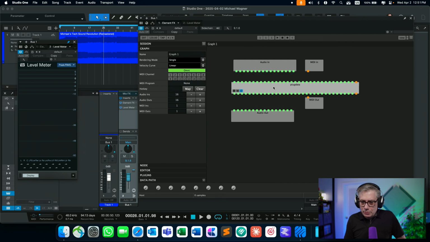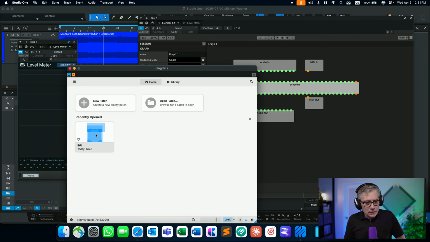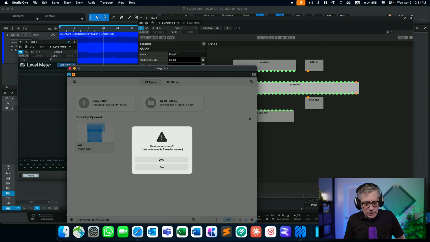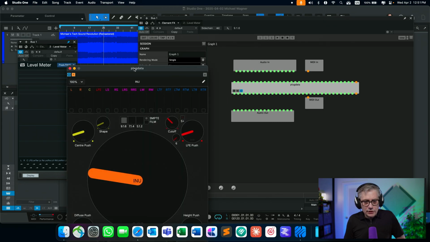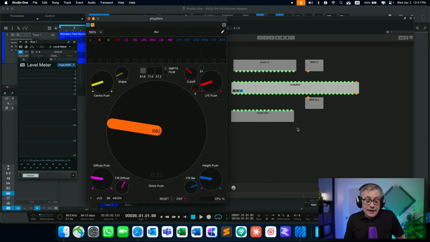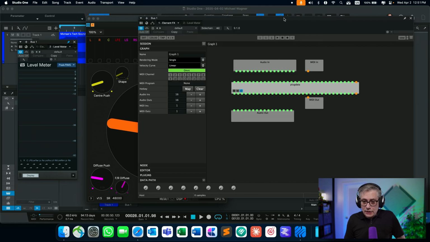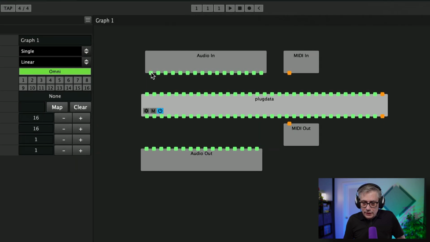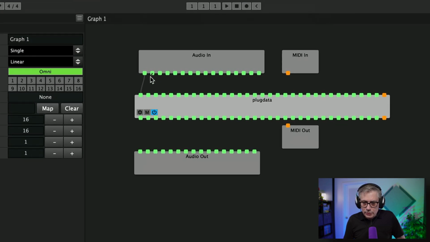Let me just open that up by double clicking here. And we need to open up the patch. And so here we have that patch. And then we need to establish the connections, and this can take a little bit of time. Now, in terms of the input, we actually need only the first two, and then let's connect the 16 output sections. And I'm not quite sure if I should tell a joke at that point. It takes a little bit until we have everything.